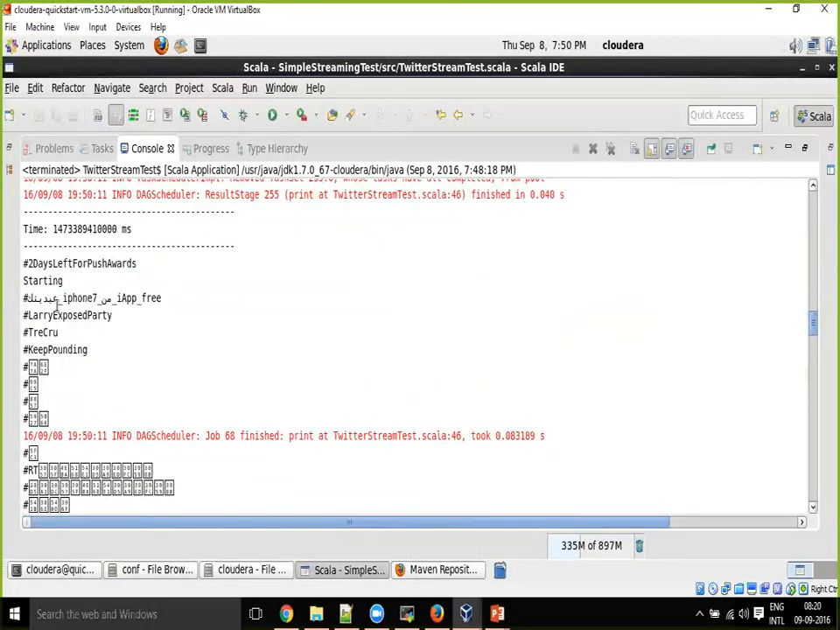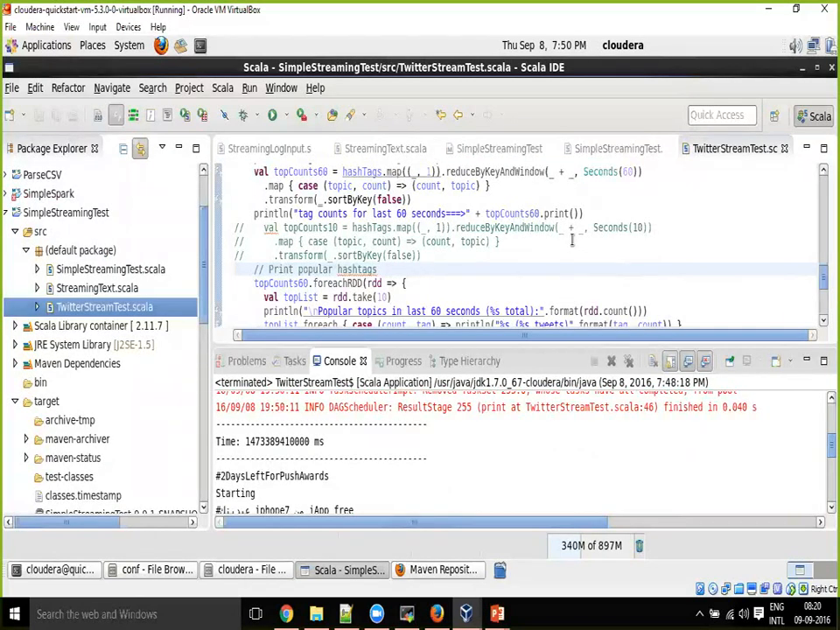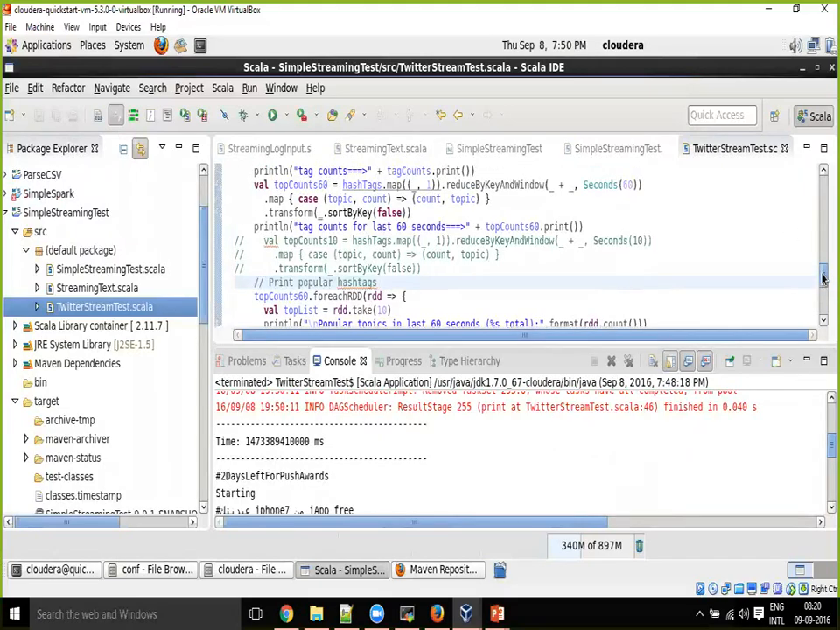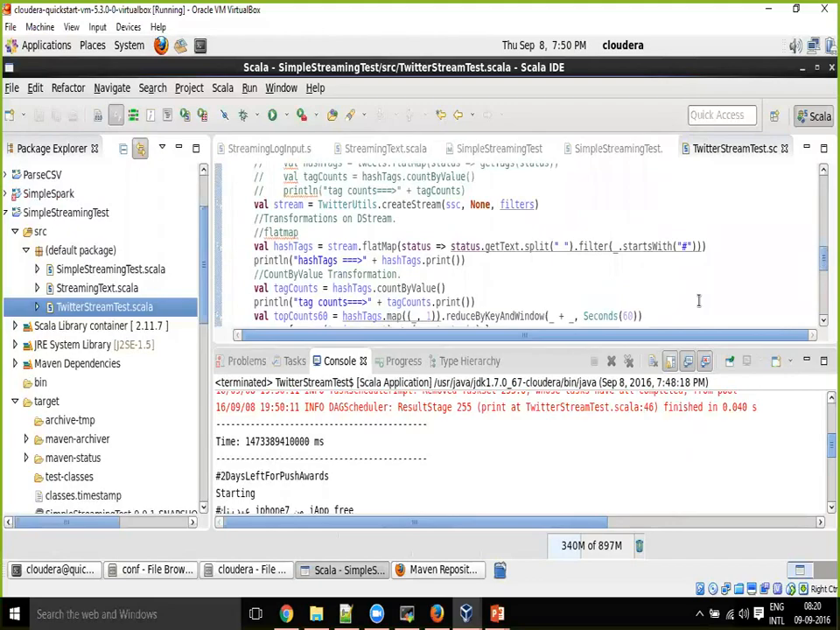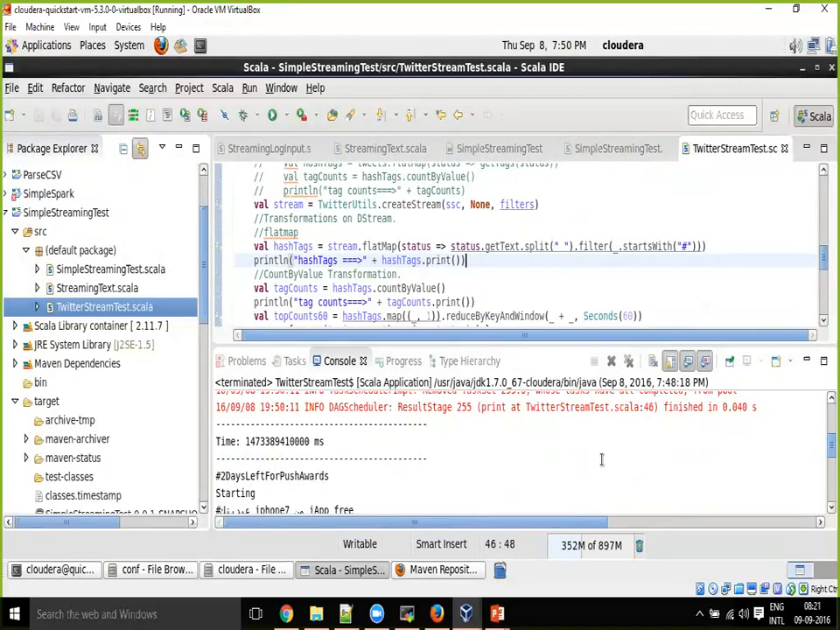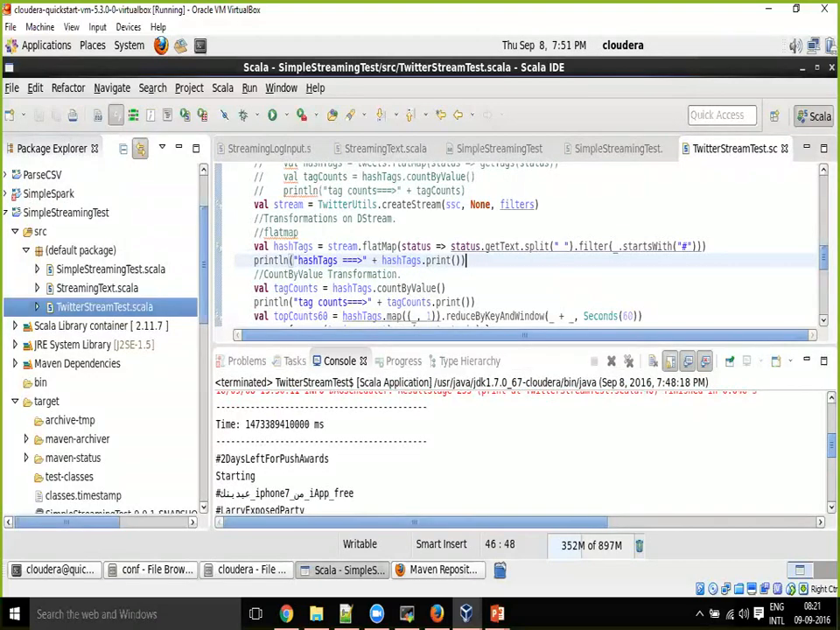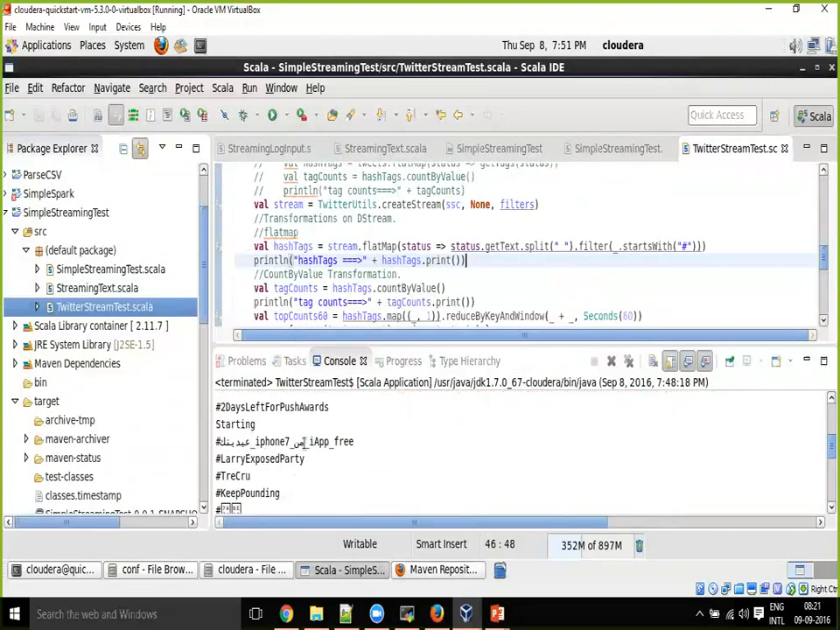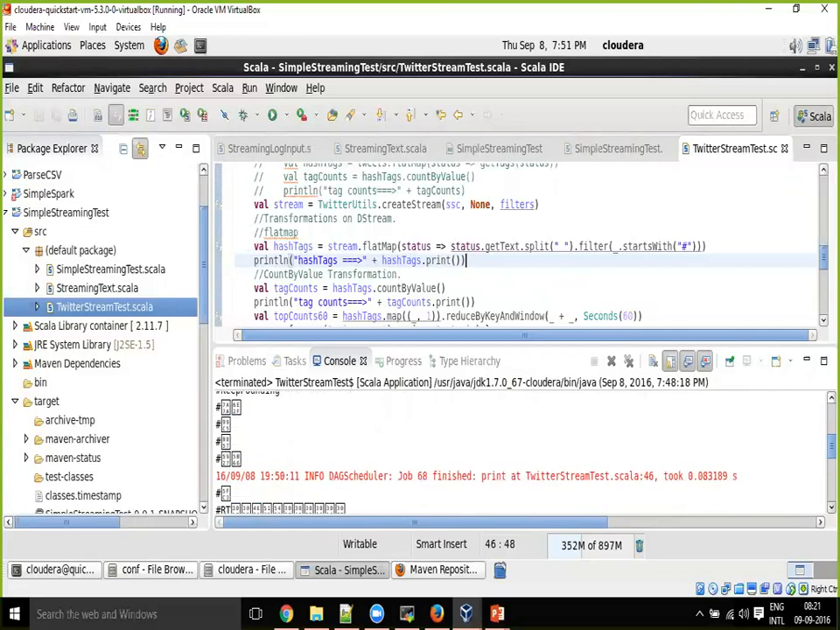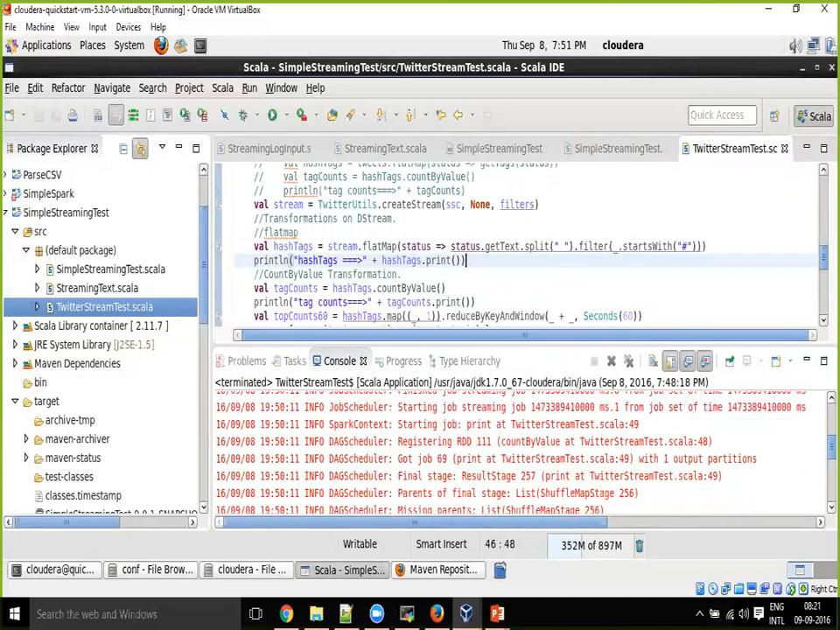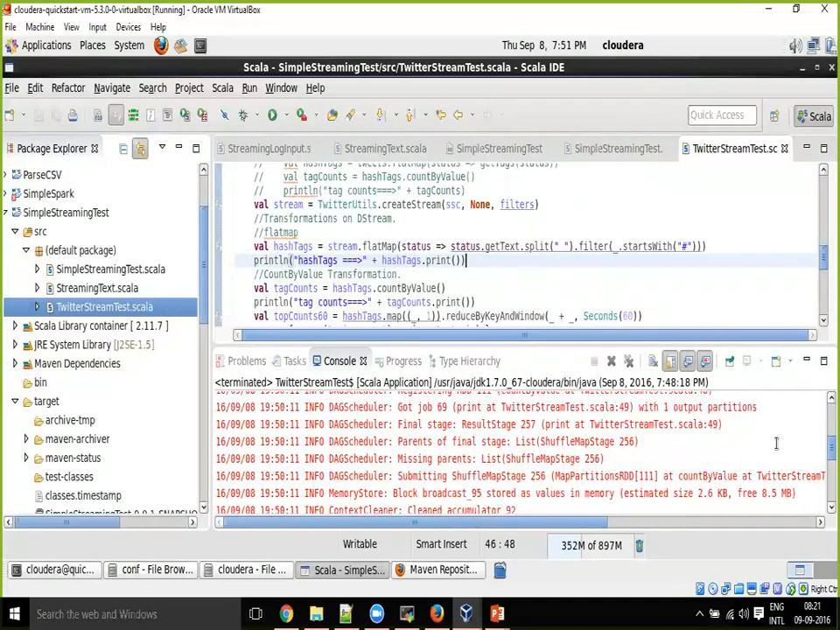You can see, when it was printing the first stuff, the first print, it's more like debugging. It first collected all the hashtags. 2 days left for push awards starting. Hashtags for iPhone as well, iPhone 7, iApp free. Okay, keep pounding, all these things. So these are your hashtags. So first you received your hashtags, and then after that